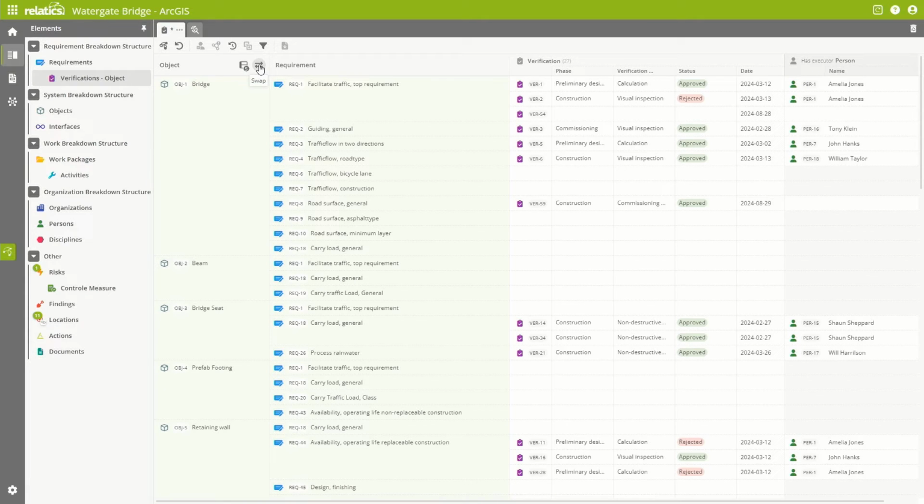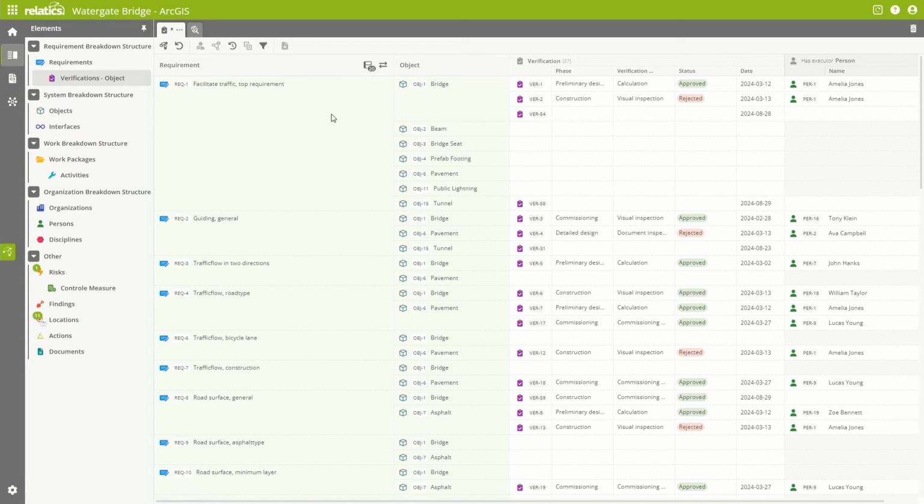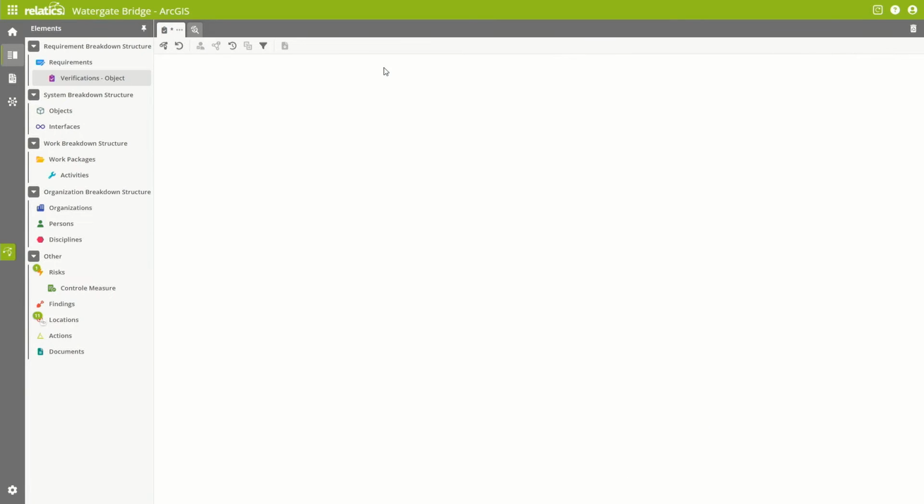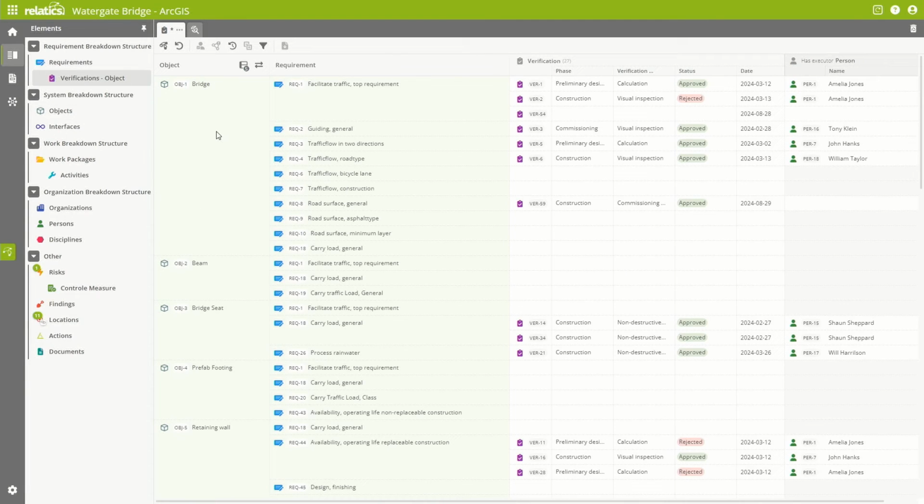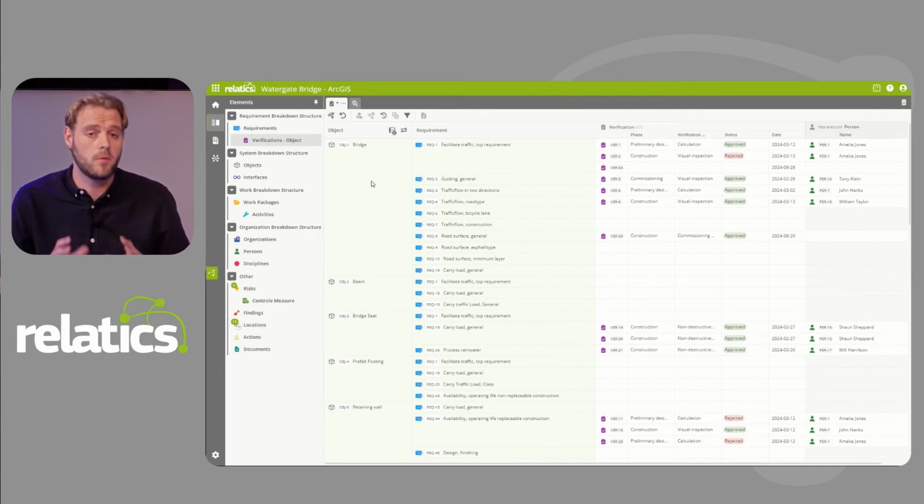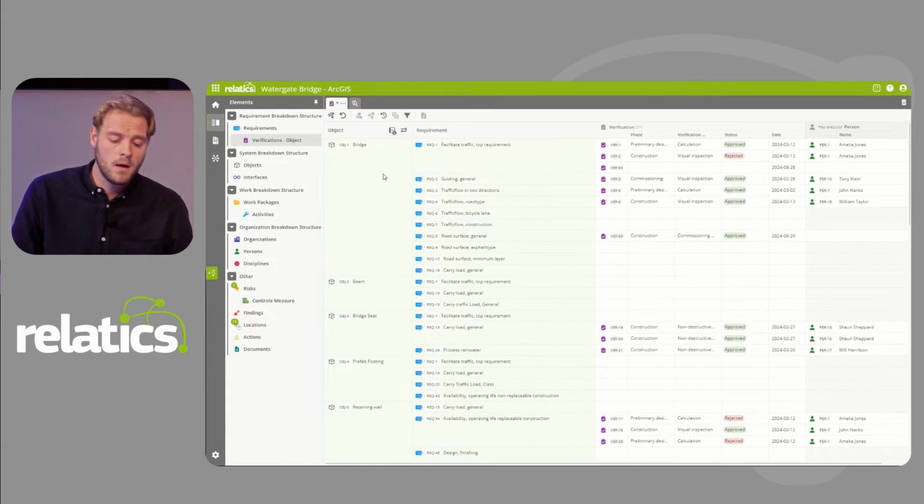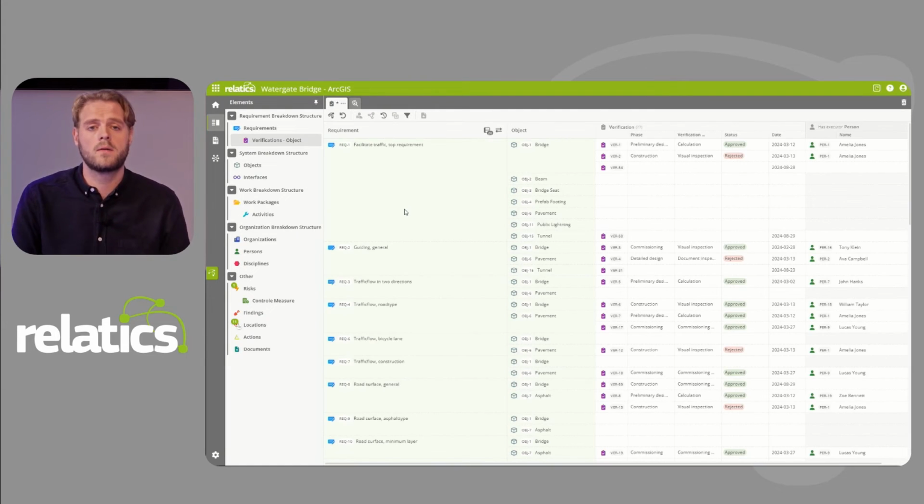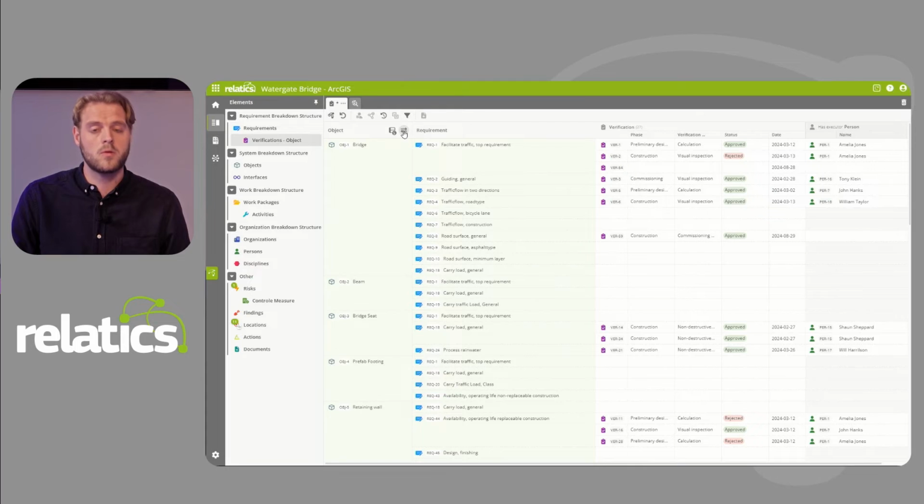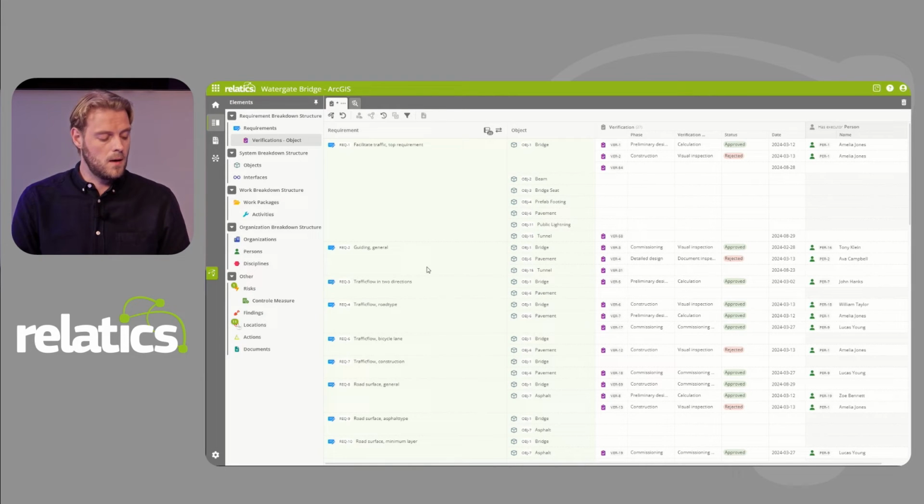By clicking on the swap button, I am able to swap the groupings. So I'll do that again. Previously, I was looking at objects with their requirements and their middle elements. So from the viewpoint of the object, which is the first group in the first column, I can now just swap that around and look at the requirements with their related objects and then their middle elements. So I can just swap back and forth between the grouping just by clicking on that button,